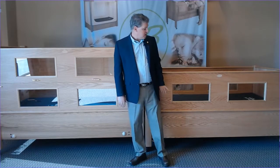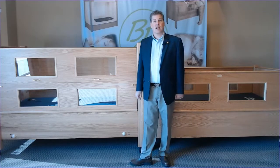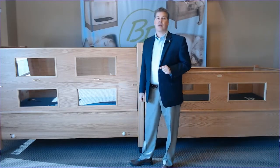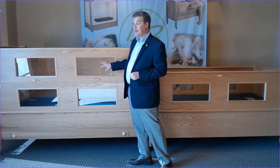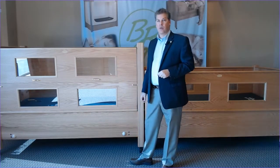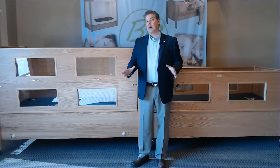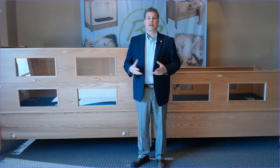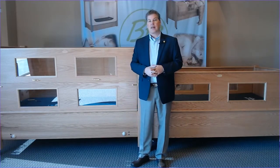Should mention the windows as well. On the standard side, there are 2 windows, very large, oversized, quarter-inch thick, high-density acrylic windows. And on the high side, of course, there's going to be 4 windows. This is a little bit of a basic product. There aren't a lot of clinical features that you can add to it, so if you need additional things that I haven't already mentioned,